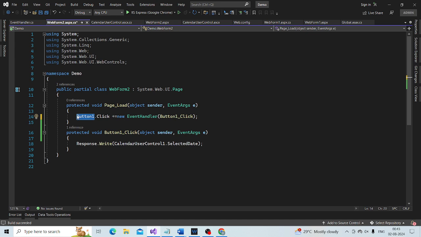And how are we doing that? Using the event handler delegate.